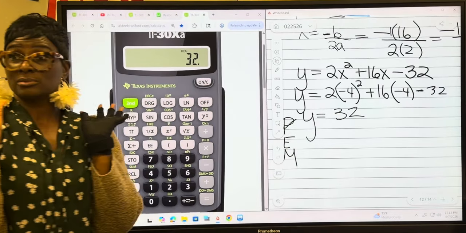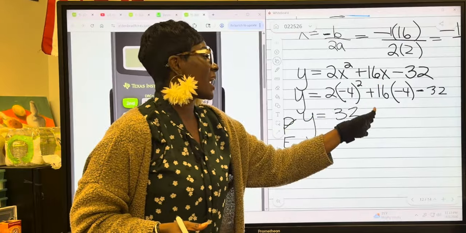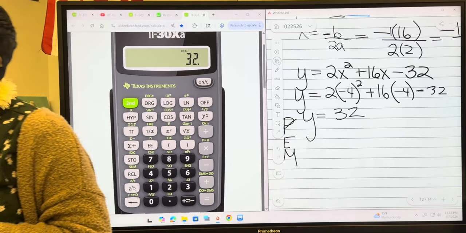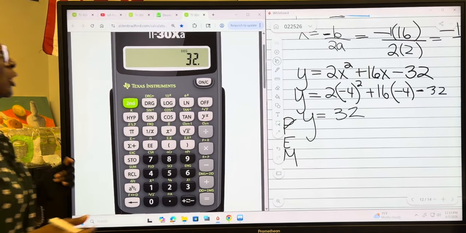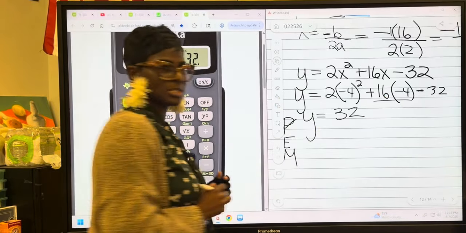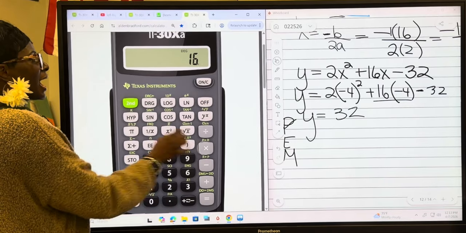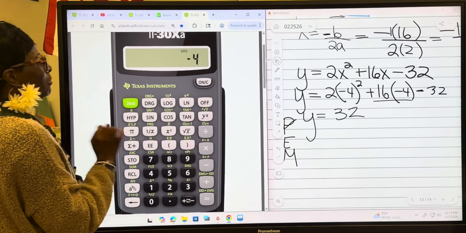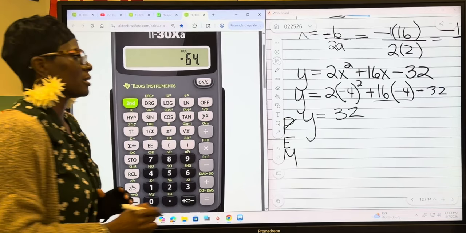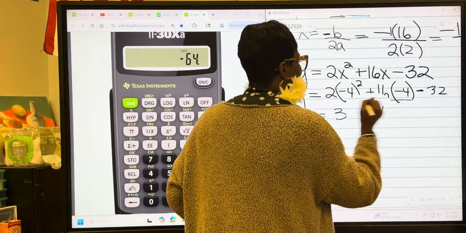I'm stopping there. Do I bring down this plus sign because there's a plus sign? No, we don't do that. What do we have to do? We have to do multiplication next, right? So what am I putting in my calculator? 16 times -4. 4 plus or minus equals. What do we get? -64. So now I'm going to put a sign. Minus,